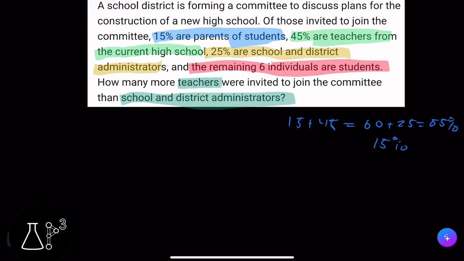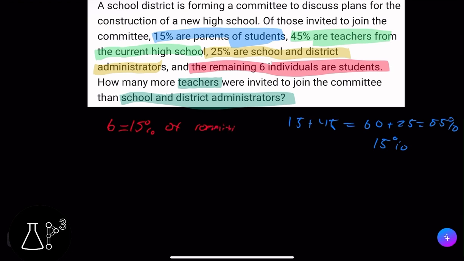Because if you do 15 plus 85, that's 100%, meaning that we have the percentage of all the individuals that are invited into the committee. So we have 15% that are parents, 45% that are teachers in the current high school, 25% that are administrators, and then 15% that are students, because 15% is what makes 100%, so it's everybody in the whole committee. So now that we know, I'm going to do this in red because I did it in red, that 6 is 15% of the committee,